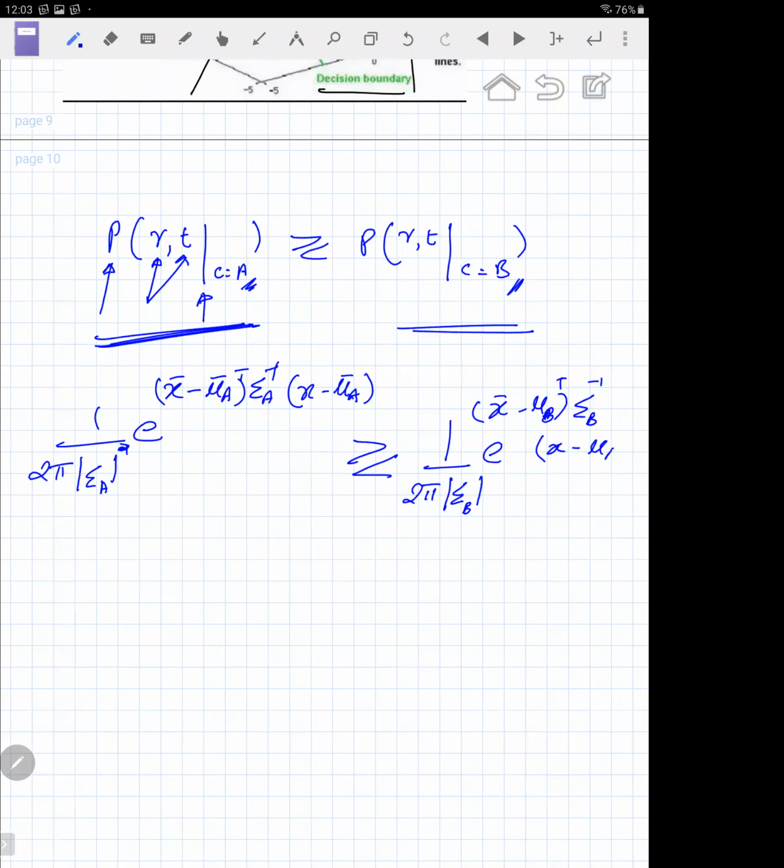And under the assumption that sigma A equals sigma B equals identity,